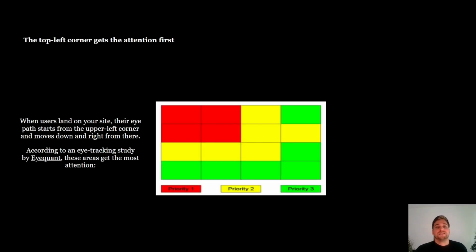That being said, let's check some common techniques that Disney is using to summarize what we have just seen. Just to confirm that the top left corner gets attention first. This is a well-known fact from a lot of visualization science and research. Most of them say the top left corner gets the most attention, and it gets the attention first. That's why it's highly recommended to put the most important information there.